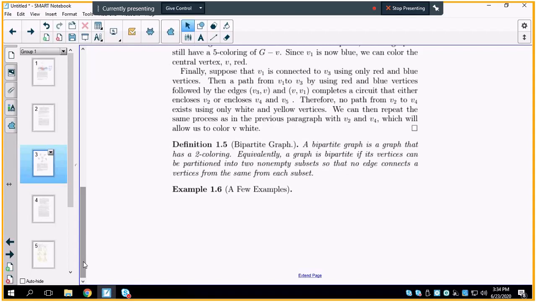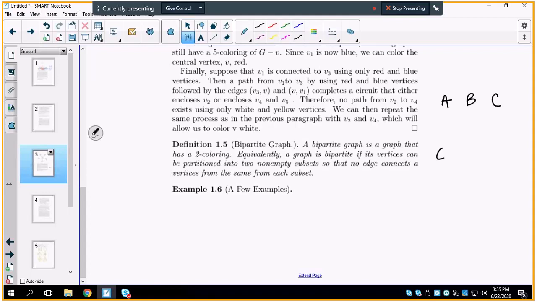The definition that we already knew is that a bipartite graph is a graph whose vertices can be partitioned into 2 non-empty subsets so that no edge connects vertices from the same subset. So we saw an example in the previous lecture, which was